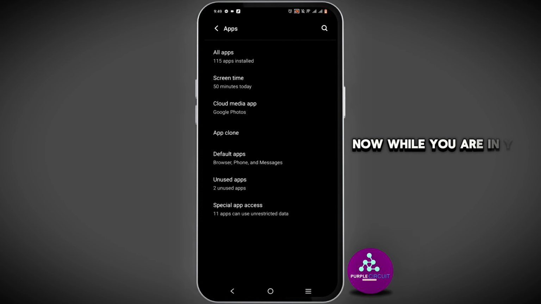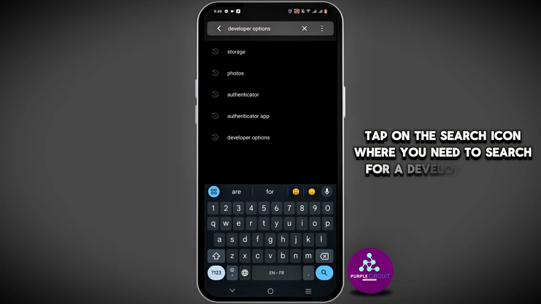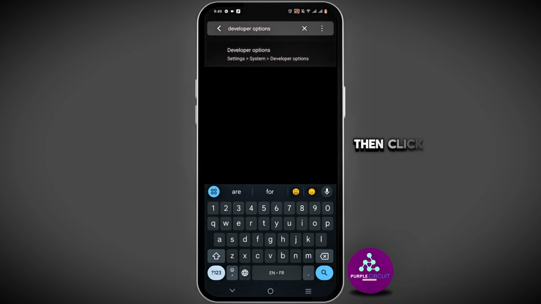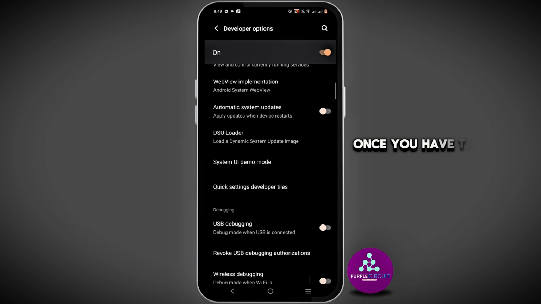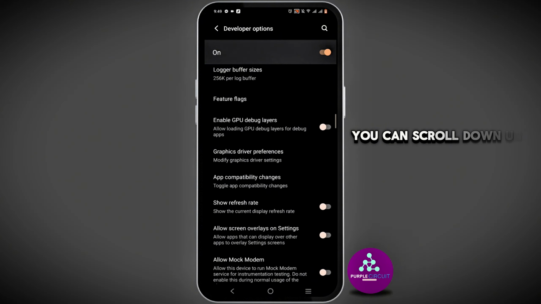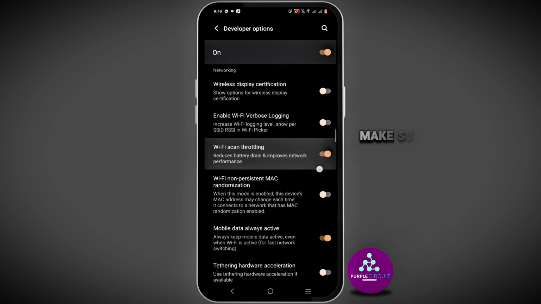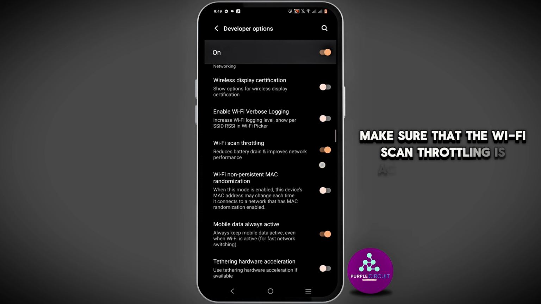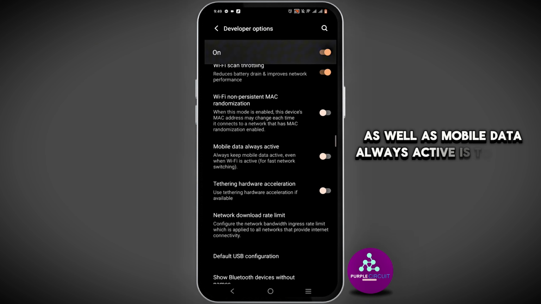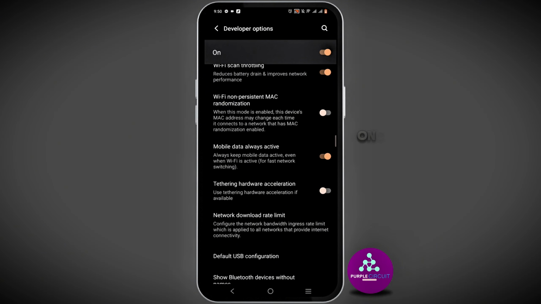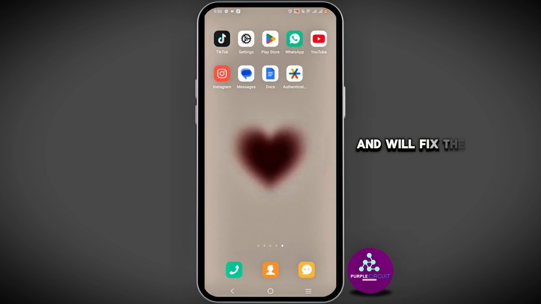Now, while you are in your phone settings, tap on the search icon and search for developer option. Then click on it. Make sure that it is turned on. Once you have turned this on, you can scroll down until you see the option of Wi-Fi scan throttling. Make sure that Wi-Fi scan throttling is turned on, as well as mobile data always active is toggled on as well. Once you do so, this will enhance your network connection and will fix the error of video